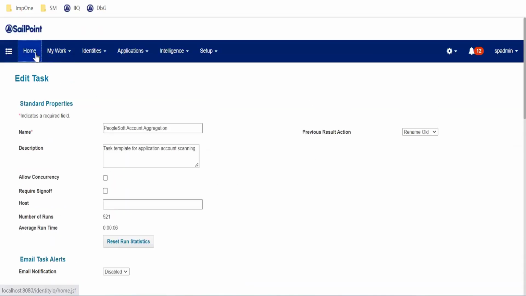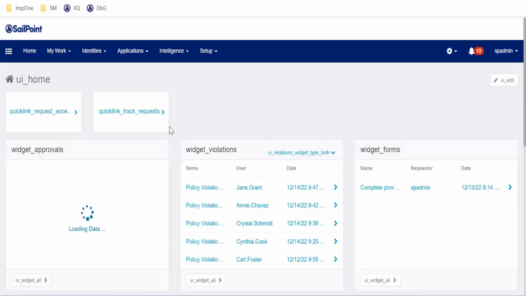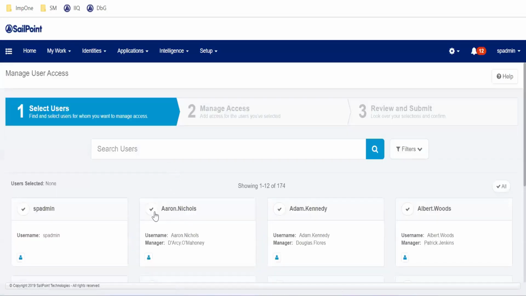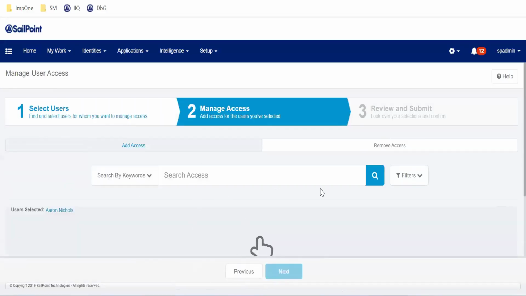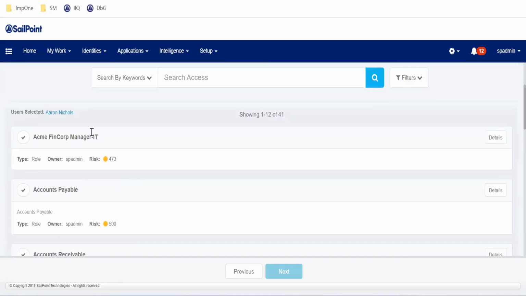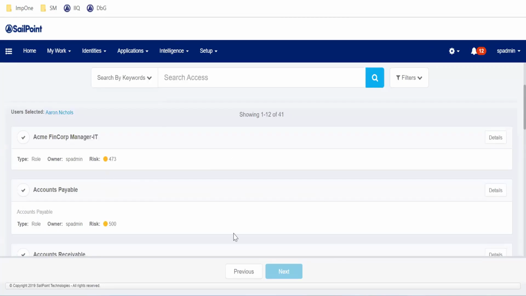So if any user wants these capabilities, they will go to the access request page and select the users. On the next page, all capabilities have to populate. But so far what we have learned, only entitlements and roles will be populated, isn't it? But we can achieve that as well. So we can provide this capability, and we can provide the workgroup via this access request page. But what we have to do, we have to